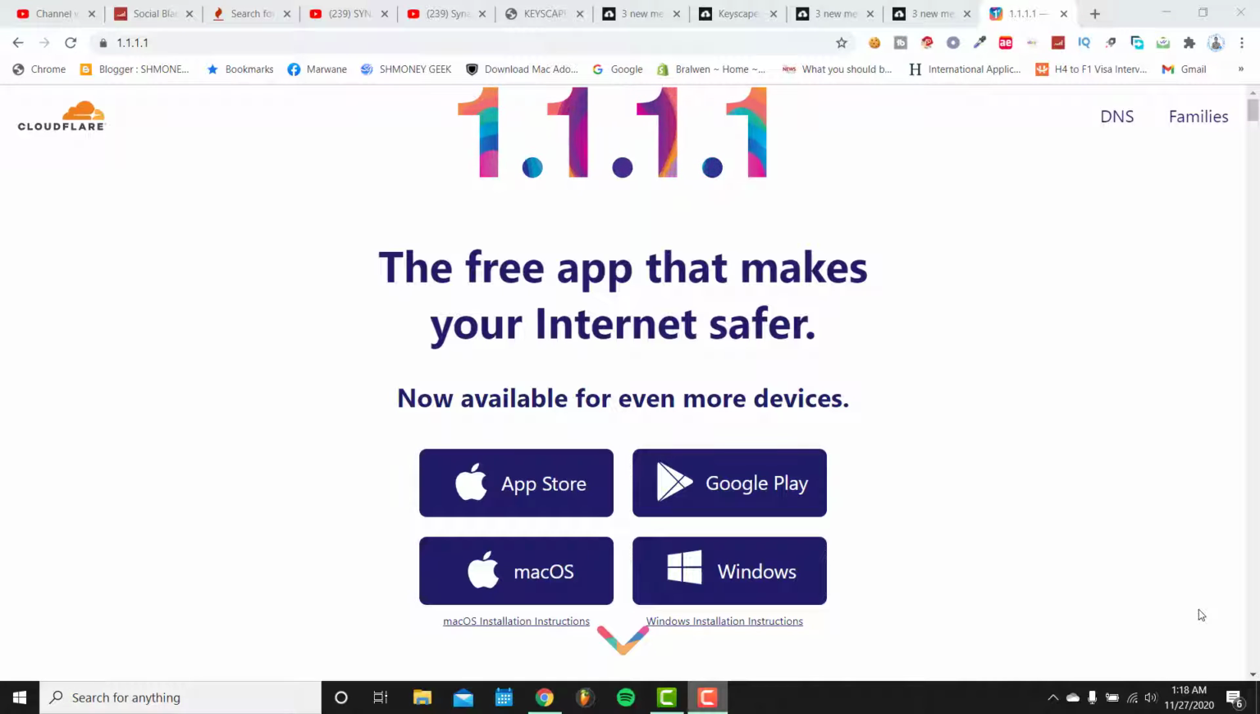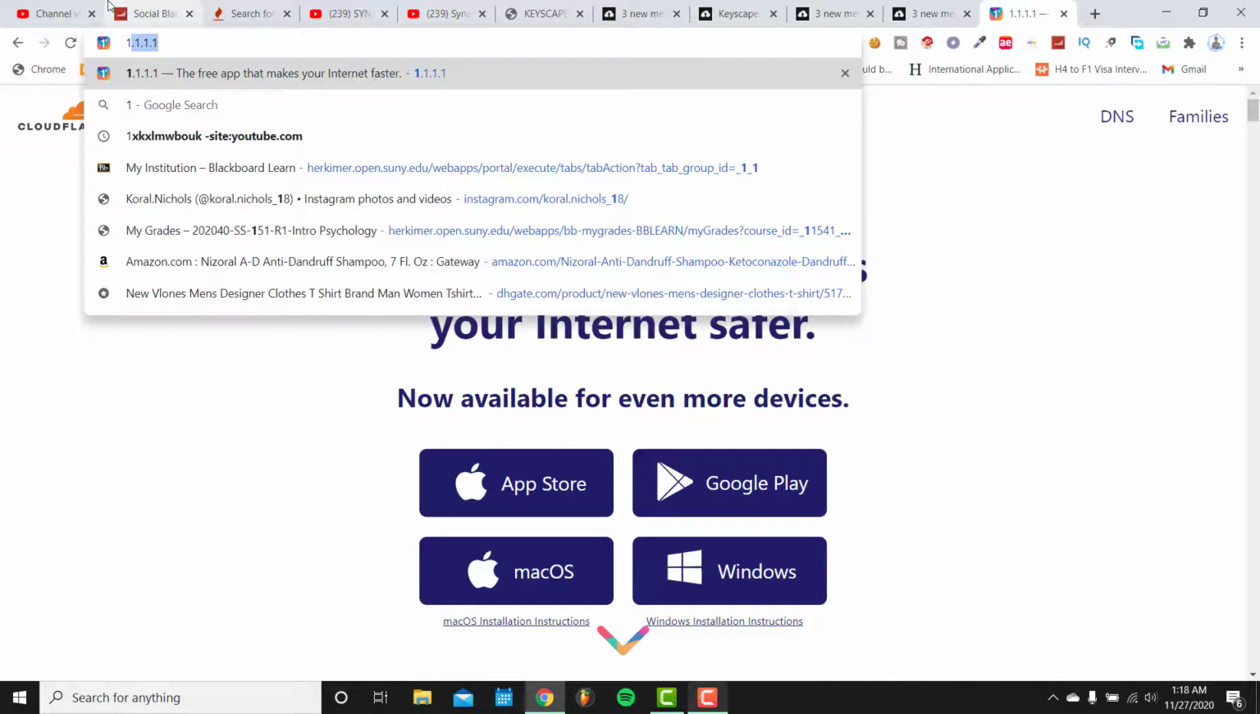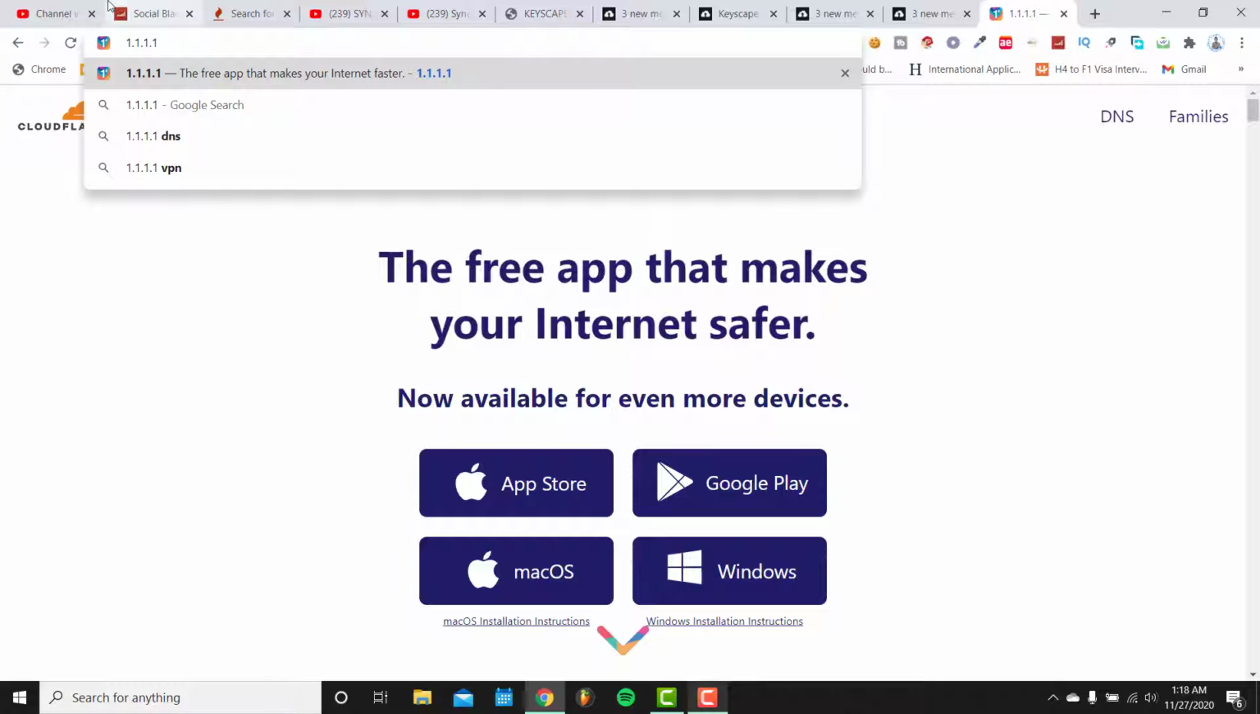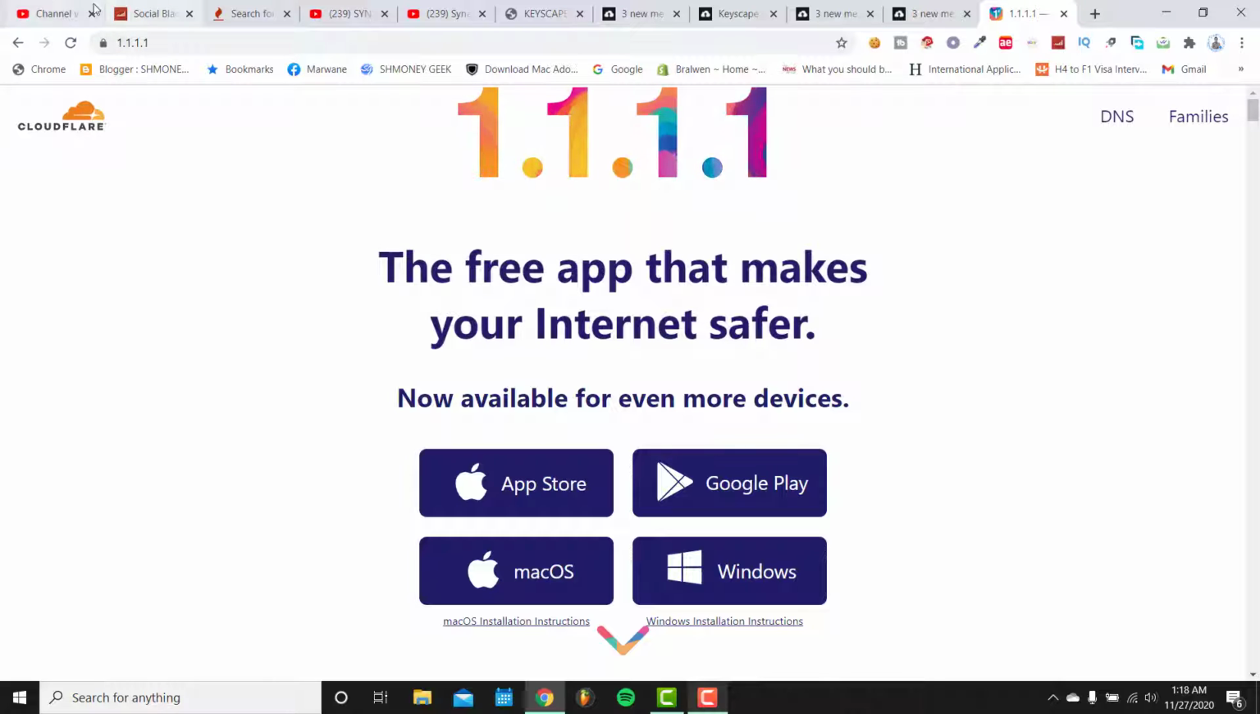In this video I will show you how to use this free application that will help you to secure and make your internet faster. So all you have to do is type 1.1.1.1 and then click enter. So as you see, you're gonna find this page,